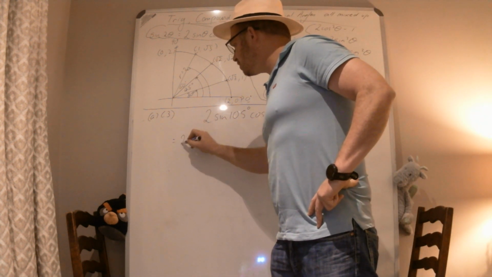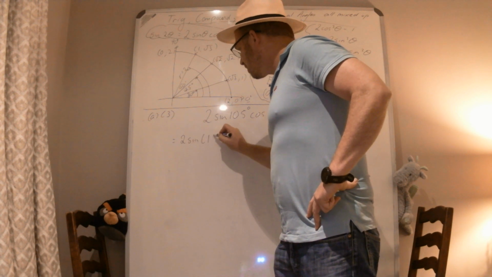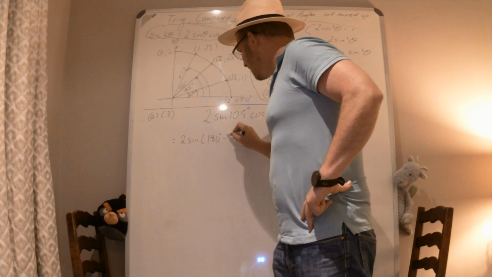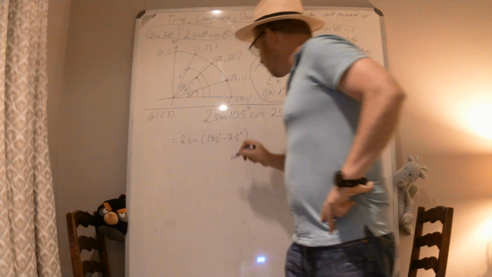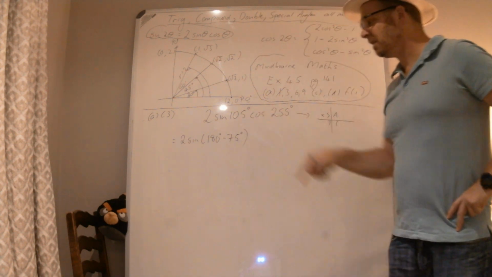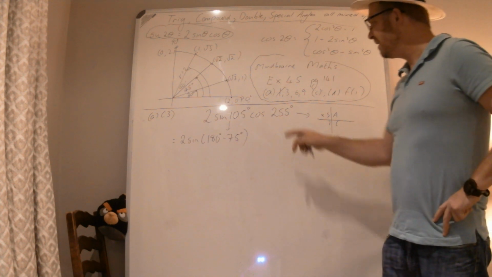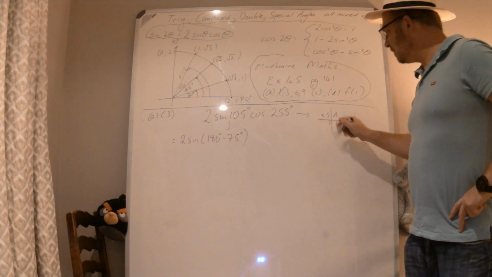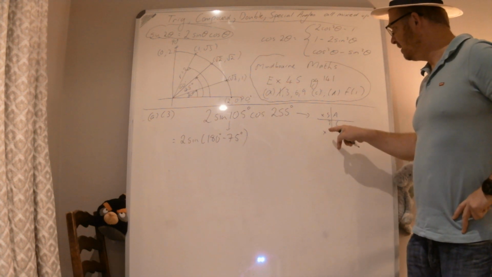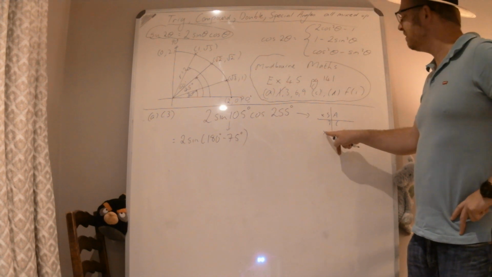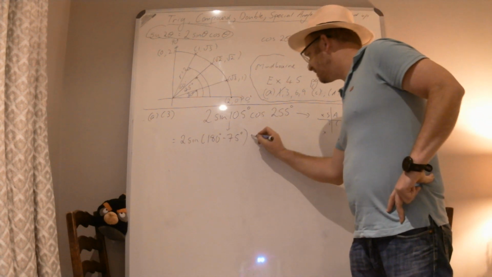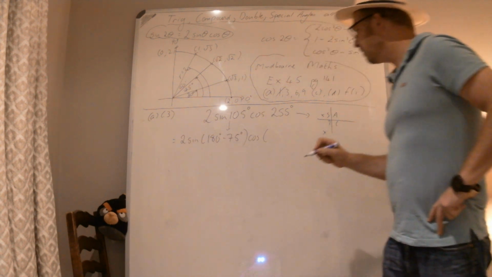So we're going to have 2 sine 180 minus 75. 180 minus 75 is 105. All I've done is change 105 into 180 minus 75. Cos 255. Well, 255 is in this quadrant. So what did you say? Yes, Katja, that's right. You're going to write this as cos